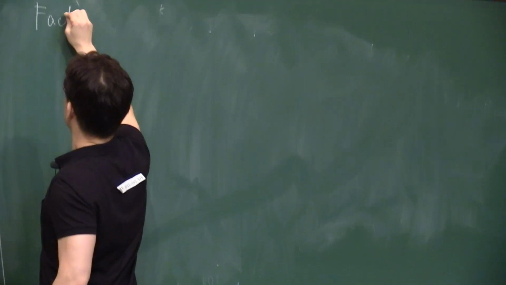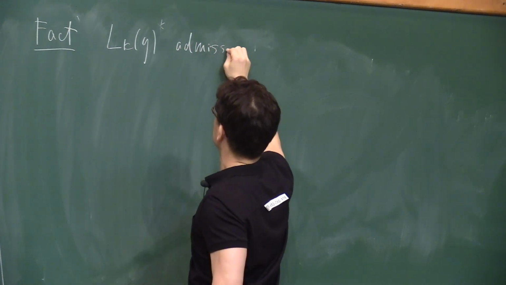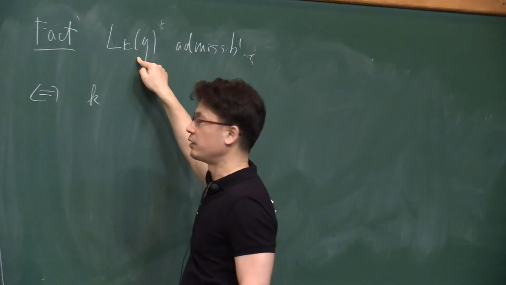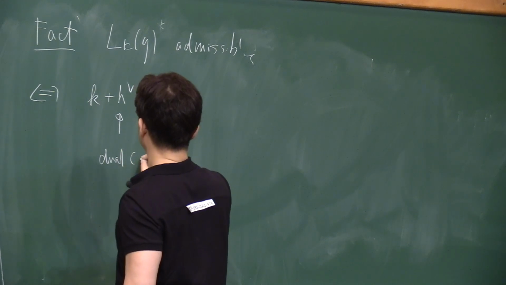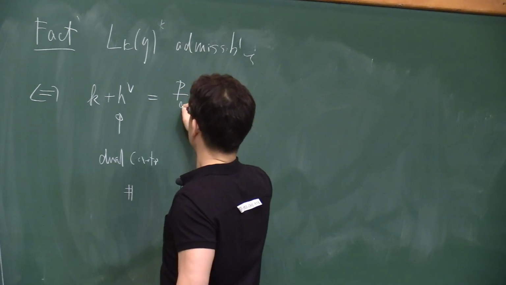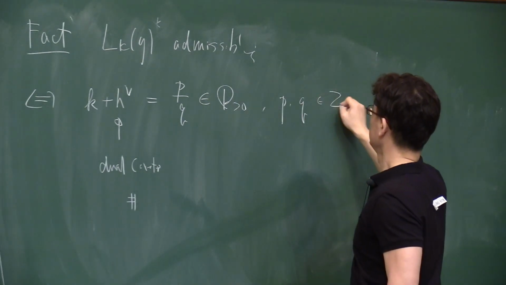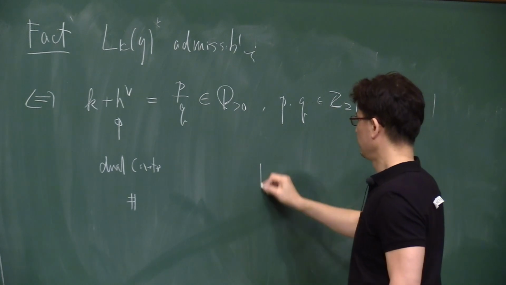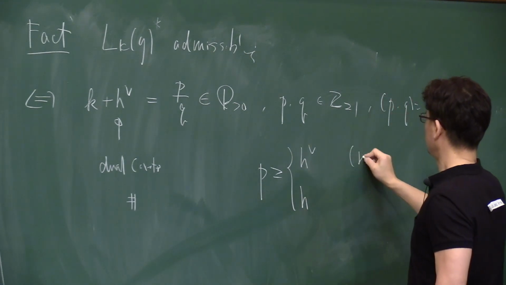But before that, let me explain that this is admissible if and only if this. This only depends on the level, so it's a condition on the level. Here h check is the dual Coxeter number. So the shifted level is a positive rational number p over q, where p and q are positive integers, mutually prime, and p is not so small. It's a bit technical, but